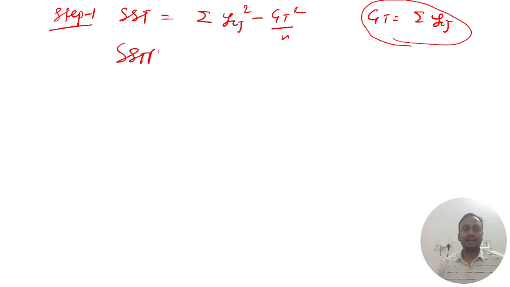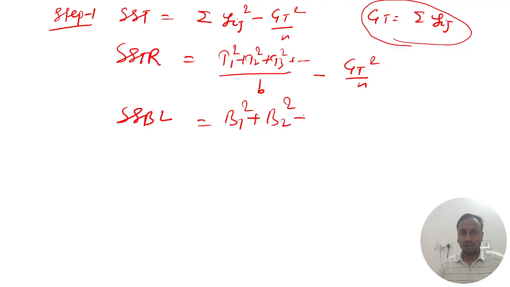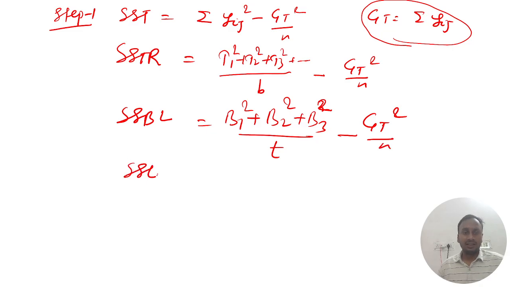Then SSTR will be T1 square plus T2 square plus T3 square by block minus GT square by n. SSBL is B1 square, B2 square, B3 square by T minus GT square by n. Then SSE will become SST minus